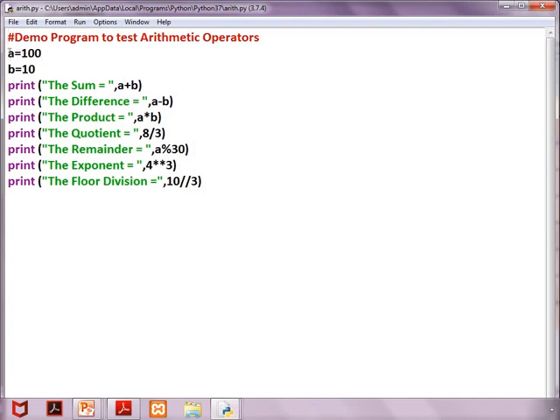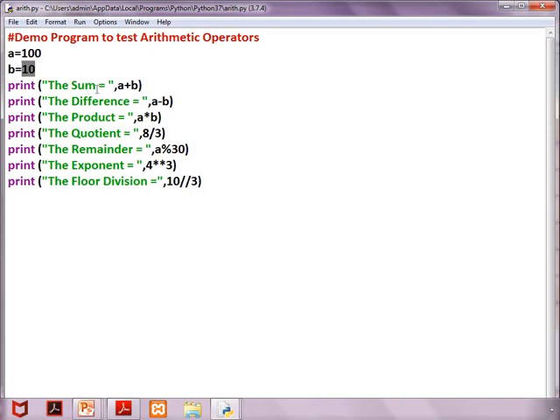Can you see this line, A equal to 100. That means the 100 value is assigned to the variable A. Here the symbol equal is the assignment operator. So here the equal operator assigns the value 10 to the variable B.